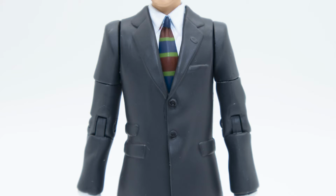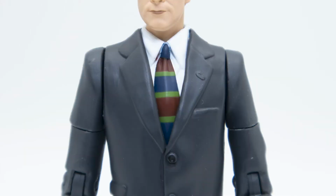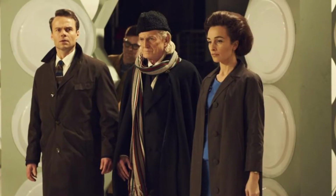The suit jacket has been cast in a grey colour and the buttons have been painted black. The shirt itself is painted in white, and when we get to the tie, it doesn't actually represent anything that he wore through his tenure. But if you watched An Adventure in Space and Time, it is actually the tie that was used in the